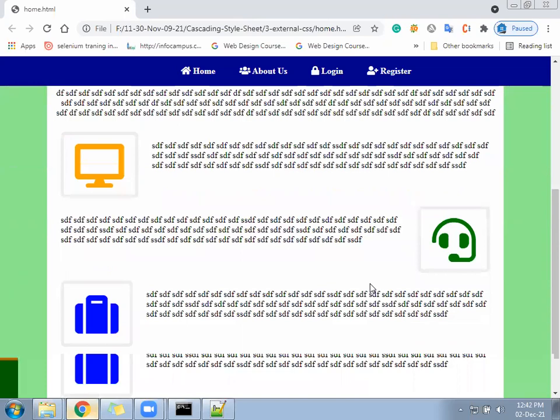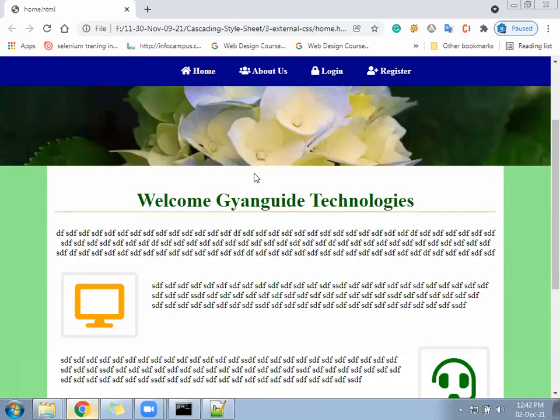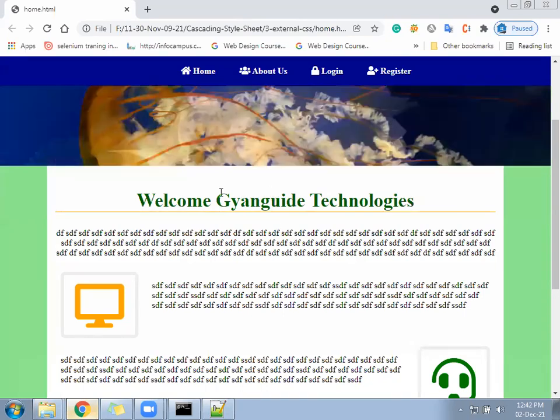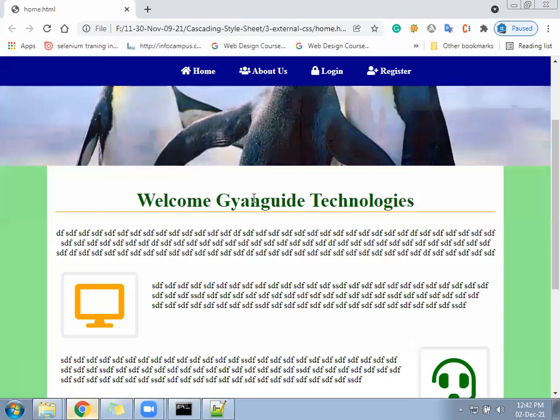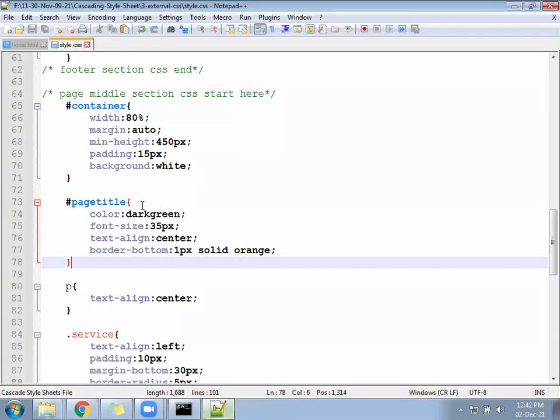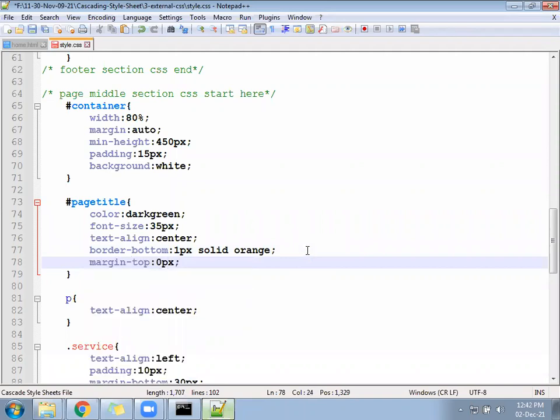So your home file is ready. Now after the home file, some gap is there on the top. This gap will look more. So what we can do is, in the page title, margin top 0px, because by default H1, H2, H3 have some margin.